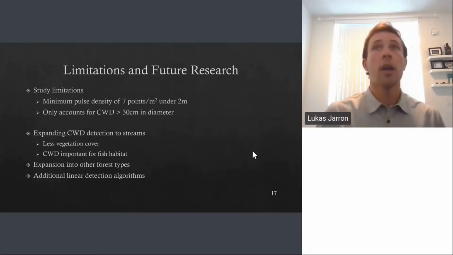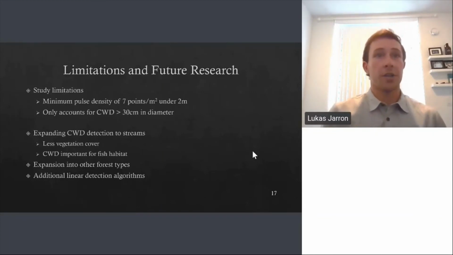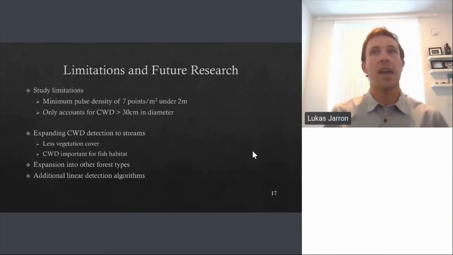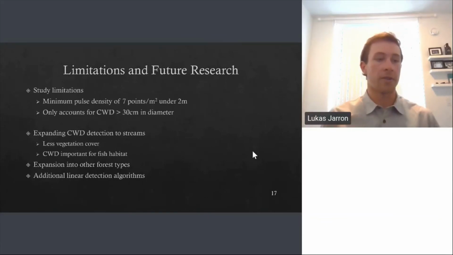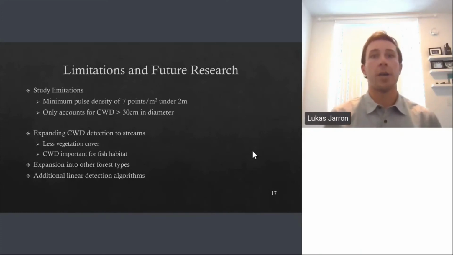And lastly, for future research, I think coarse woody debris detection could be expanded into streams, mainly because there's less vegetation cover, so the pulse density is not as important. And coarse woody debris is important habitat for fish. That's well established. And then I also think that it could be expanded into other forest types with different amounts of understory vegetation cover. And lastly, I think there's additional linear detection algorithms that are coming out in the future that might work a little bit better than the one I used in the LiDAR package, which could hopefully improve